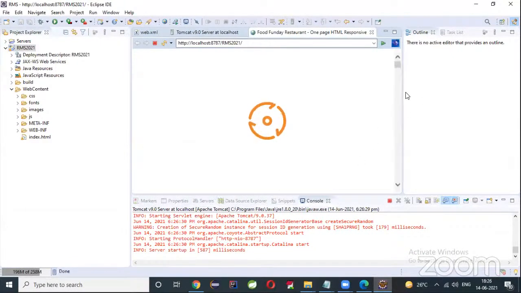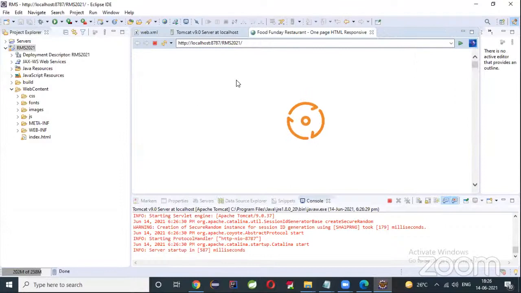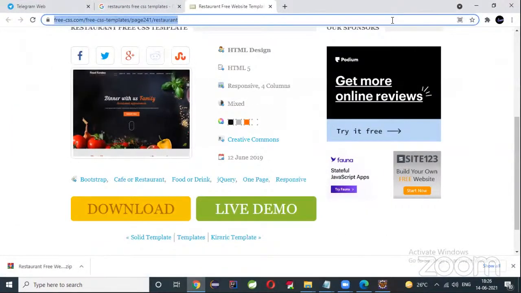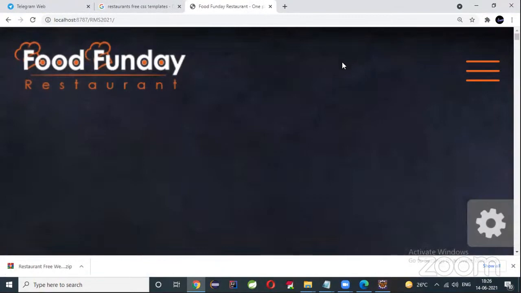But actually this is the internal browser available in Eclipse. It will take some time and it will not support the Bootstrap features and JavaScript features and all the other stuff. So what I will do, copy this URL and you can open your application in a latest browser, that is your Google Chrome. Press enter, but don't stop the server. See,